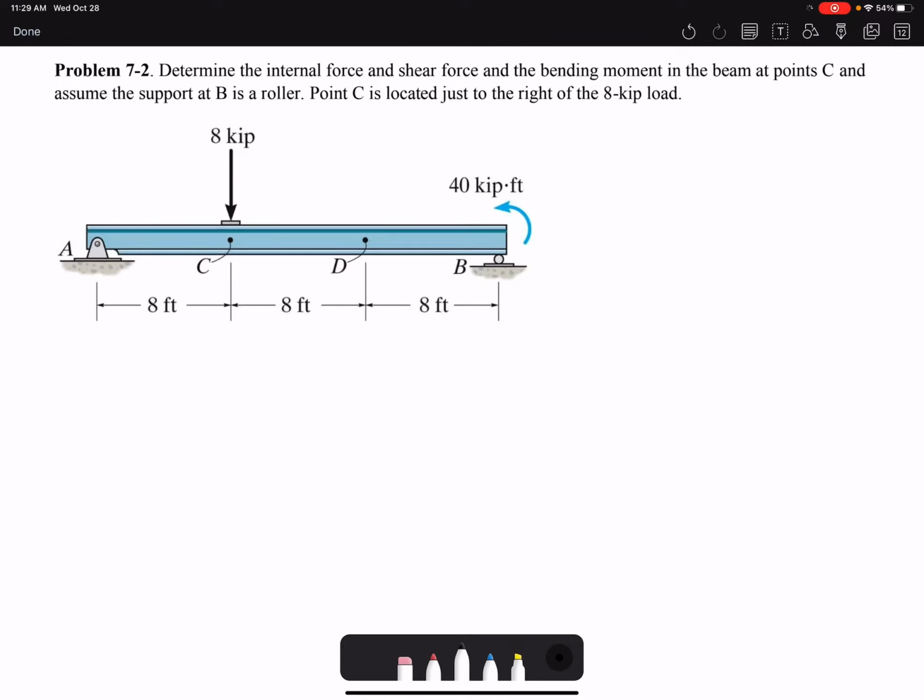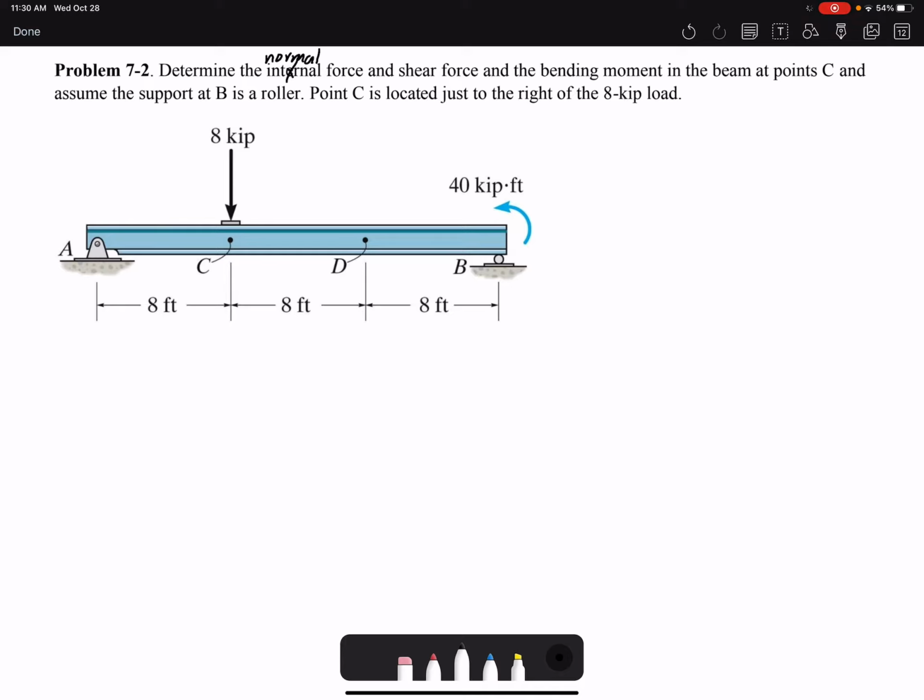Hello everyone, in this video I'm going to solve problem 2 of chapter 7. Determine the internal force, shear force, and bending moment in the beam at point C. So here should be normal force, internal force, shear force, and bending moment. We need to find all the internal loading at point C and assume the support at B is a